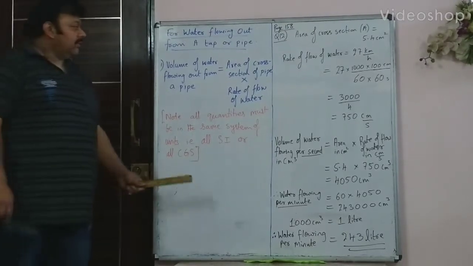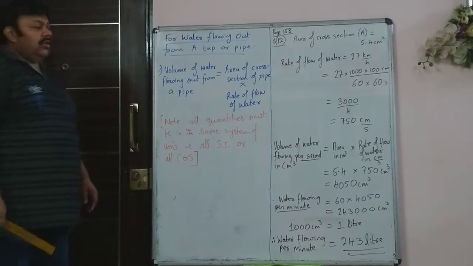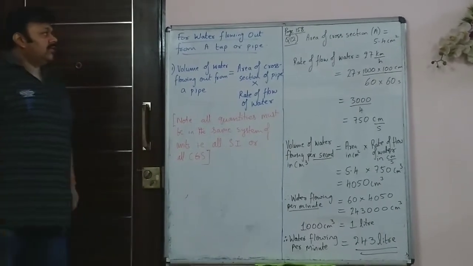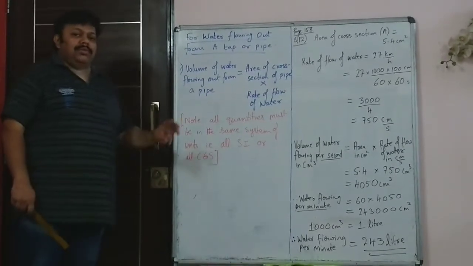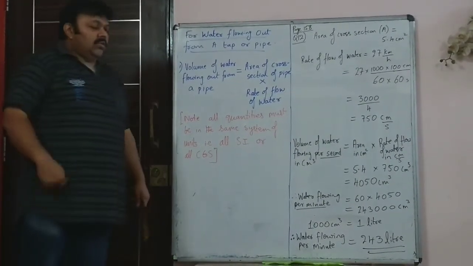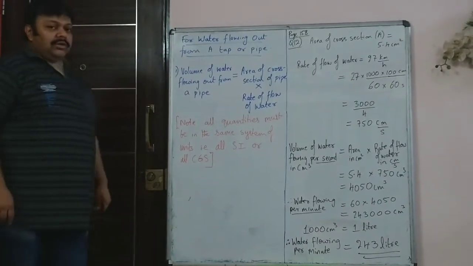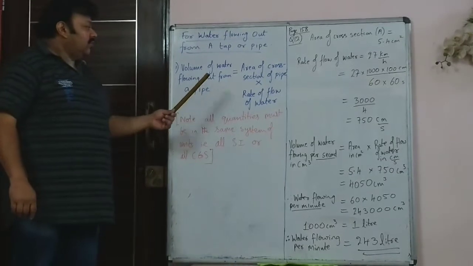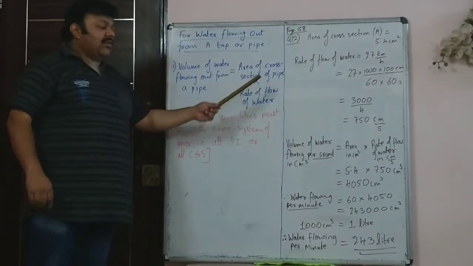Students, we will continue with solids, that is, with volume of three-dimensional objects. Today first we will see when water is coming out from a pipe or a tap. In that case, what is the volume of water that comes out? How do we calculate that? The volume of water flowing out from a pipe would be equal to the area of cross section of the